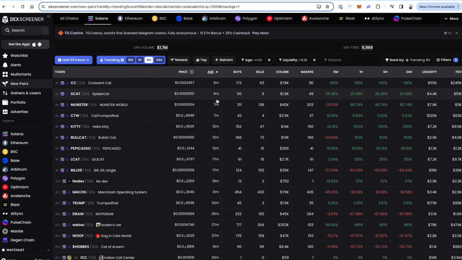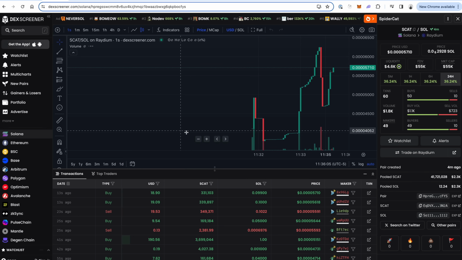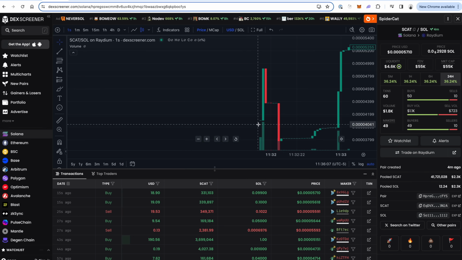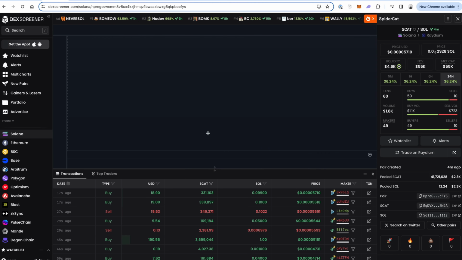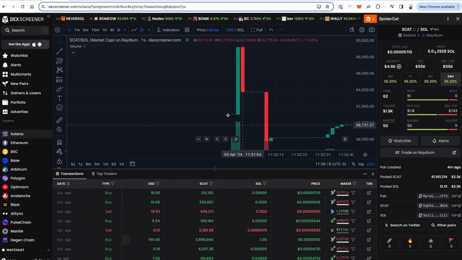Let's click on something here. So this is a $51,000 market cap. Let's pull up the 1 second chart. Look, this thing launched, let's switch to market cap, at a $40,000 market cap, so a lot more. But it went down to 38,000. That's not the best example.